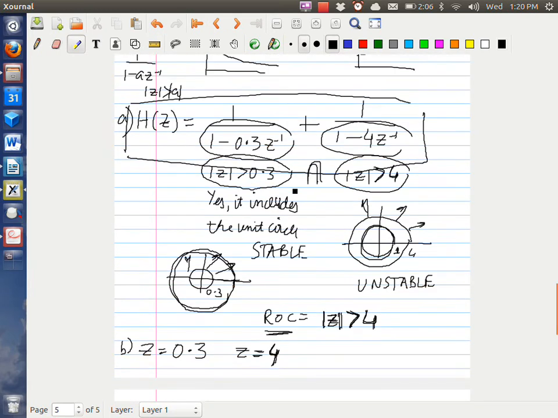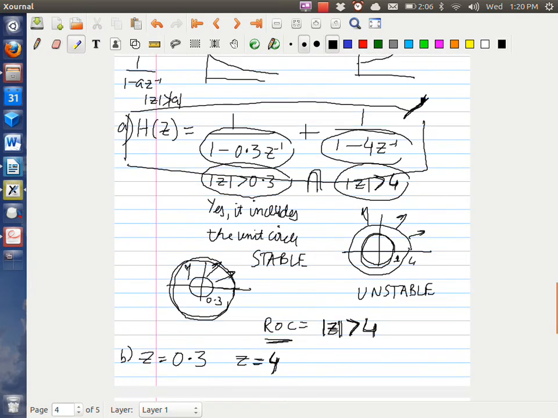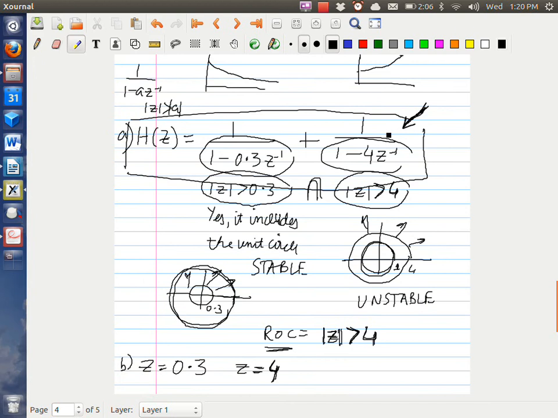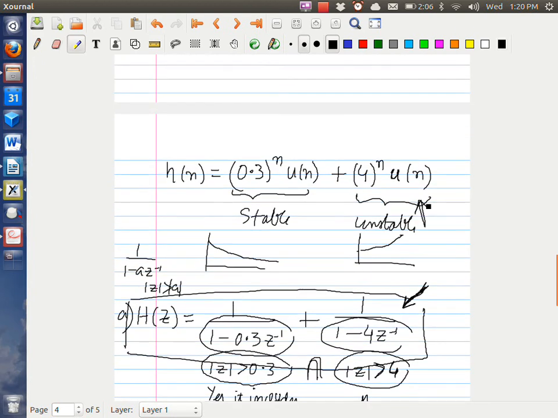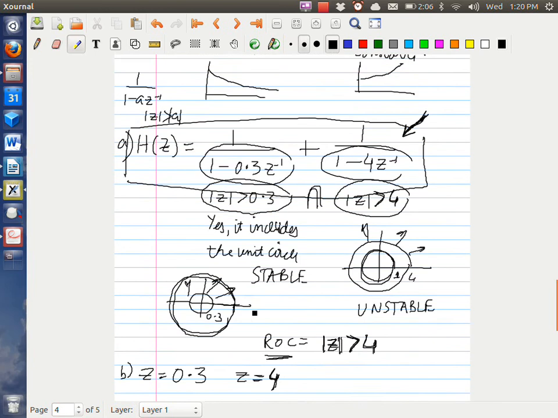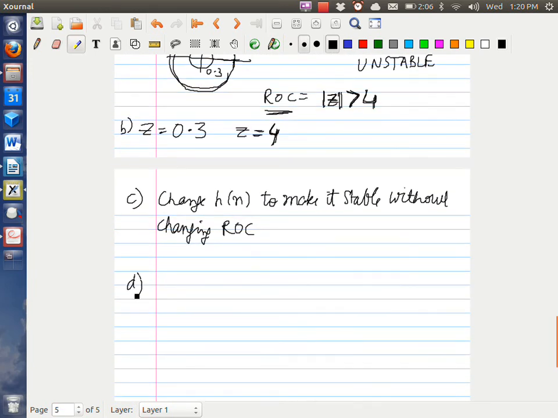So this was our unstable term, right? This guy or this guy, and this is stable, so we don't need to change this. So when I'm writing h of n, you write the stable terms as they were. So it was 0.3 to the n u of n, so it stays unchanged here. But the other term, which was 4 to the n u of n, you remember,